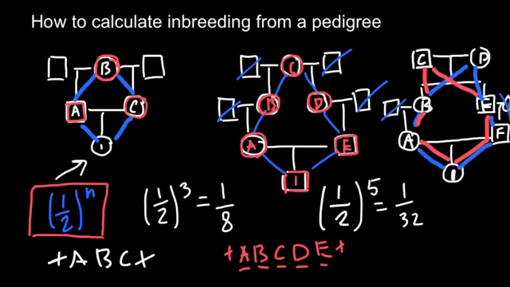So let's write down the first pathway that I made with blue color. This is going to be I, A, B, D, E, F, and I. So once again we just cross out I from both sides,